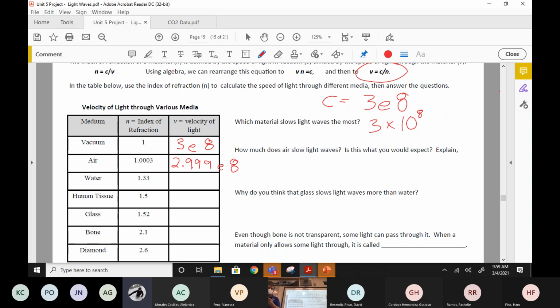300 million. So that's 3 with 8 zeros. Oops, I lost count of how many zeros I put in there. Got to put in the right number of zeros. I like to go 3, 0, 0, 2 zeros, then 0, 0, 0, 3 more, and then 0, 0, 0. That's what I'm doing in my head. 3, 0, 0, 0, 0, 0, 0, 0, 0, divided by 1.33, huh? Equals 22556, etc. We're going to just round all that off. It's going to be 2.256 E8.